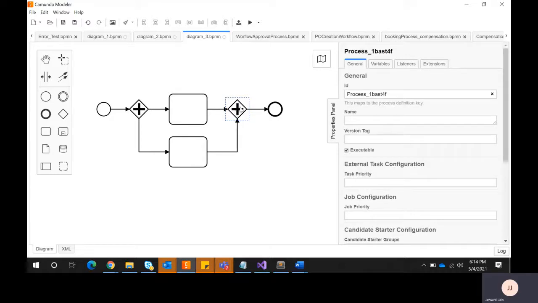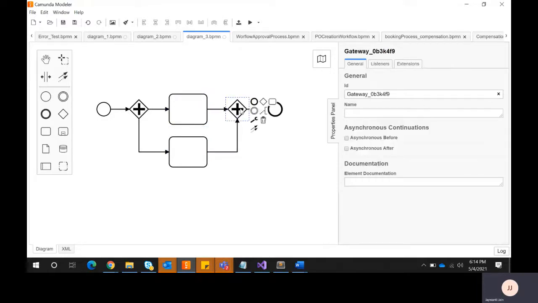This is the symbol for a parallel gateway. If we want to wait, both executions should complete first and then proceed. So we attach a parallel gateway over here, both will complete, and as soon as both complete, control comes over here and it ends the process.